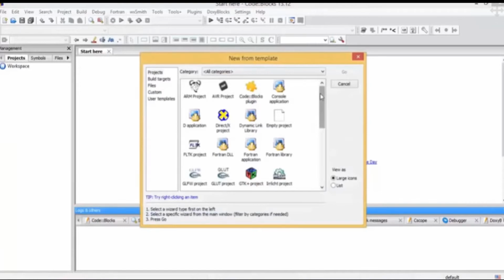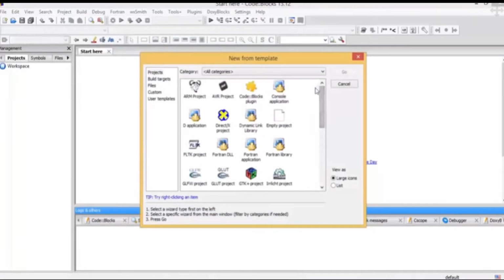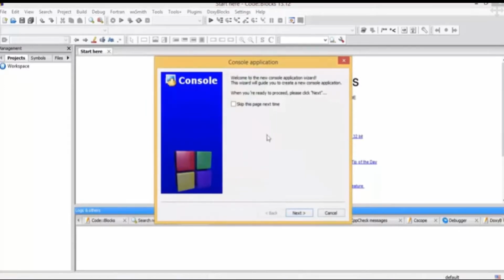In here you can find a few options, but the option we are interested in is console application. So select this option called console application and click Go, and then it will show some message. You can read this and you can click next,